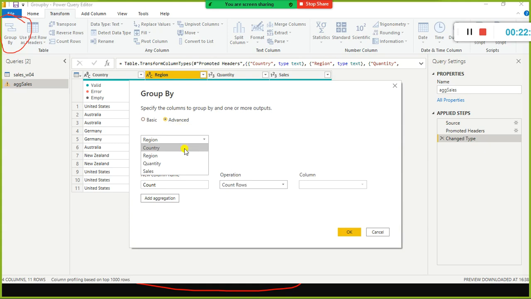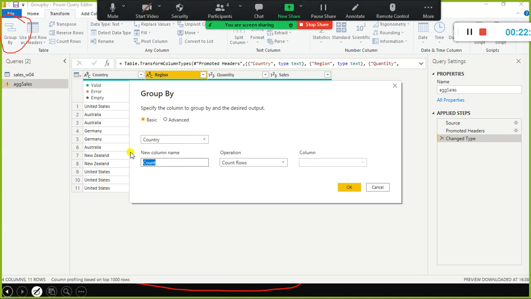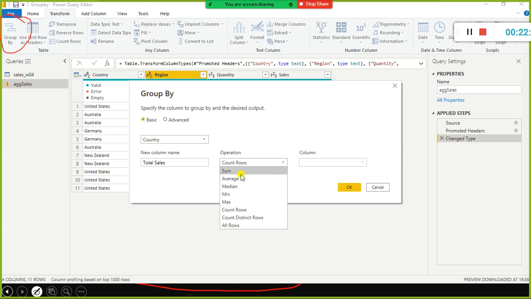Here I select country. Let me just use country itself. We'll go step by step. Total sales, sum, here I am going to say sales.